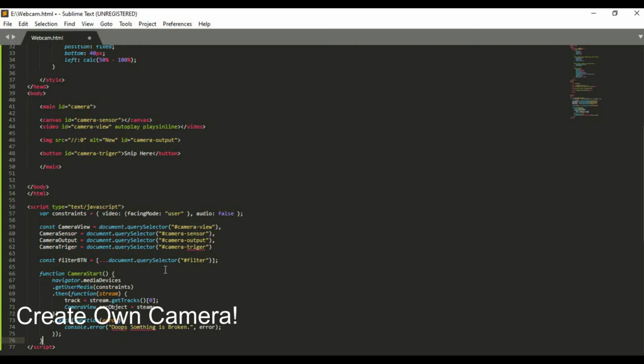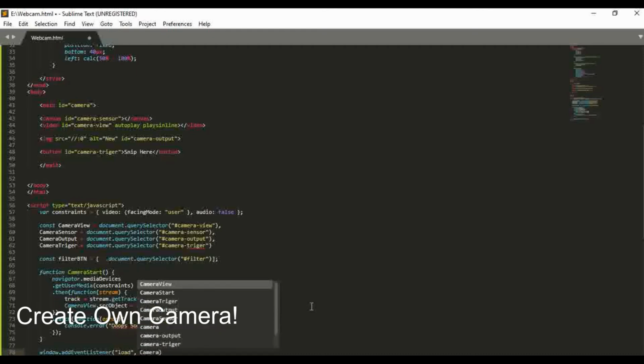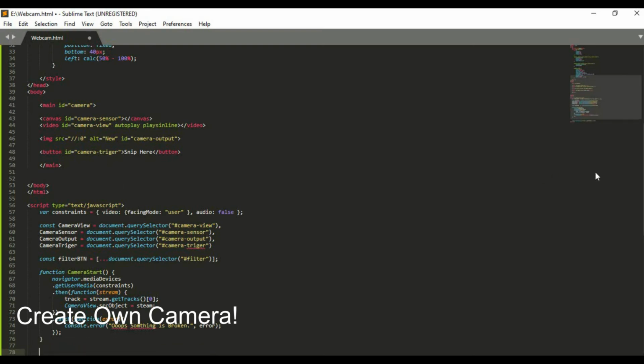And guys, for start of this function, we will use window.addEventListener load, camera start false. And guys, for canvas we will use here,